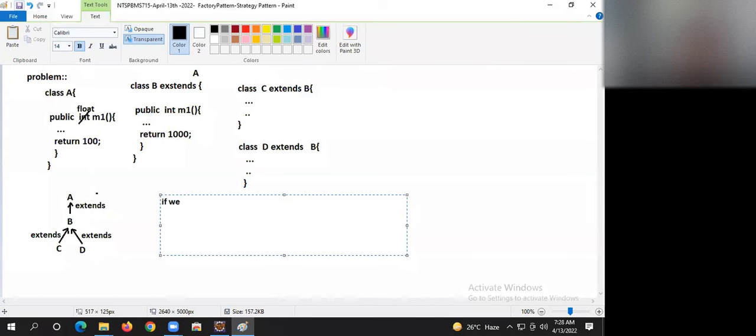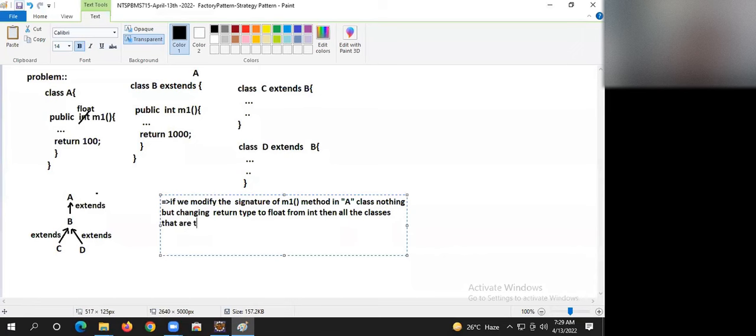If we modify the signature of the M1 method in class A, that is, changing the return type from int to float, then all the classes that are there in the inheritance hierarchy